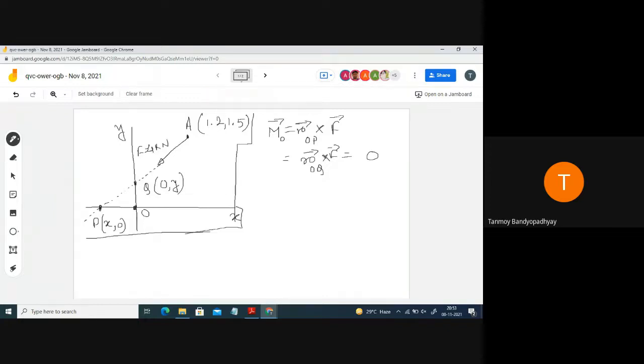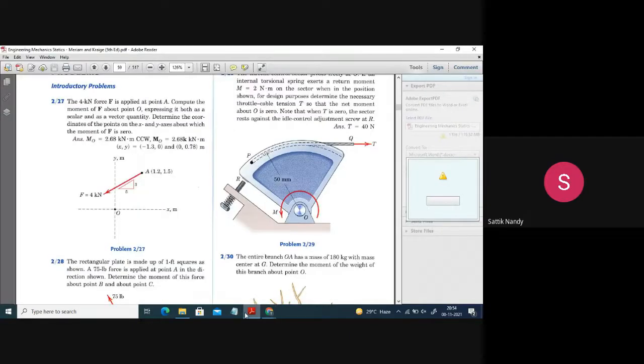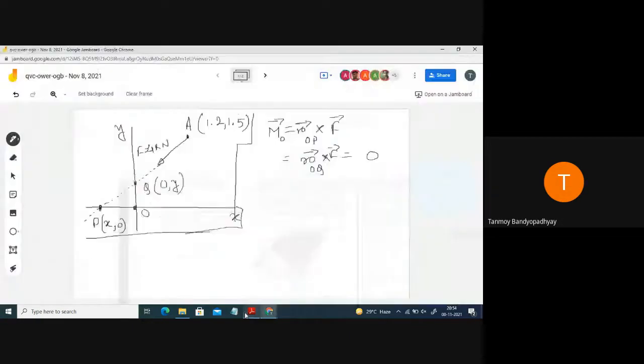Okay? So it will be passing through 2 points on the x-axis and the y-axis. So on the x-axis, it will be cutting at a point, say x comma 0, and on the y-axis, it will be cutting at a point 0 comma y. So we have to determine the coordinates of x and y, or rather x comma 0 or 0 comma y, where the moment of the force vanishes. Clear? Yes, sir. About which the moment of the force is 0.